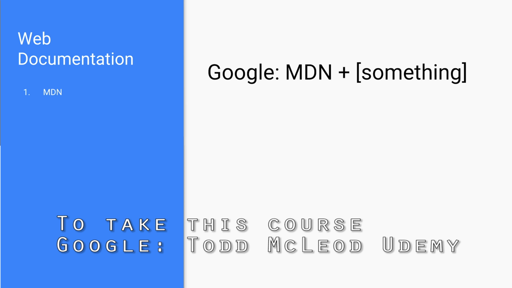Mozilla Developer Network. So when you're searching for something on the web, often you just go straight to Google and you type MDN and then article, right? Or MDN section or MDN Flexbox. And then you look at what MDN has to say about that HTML or that CSS. So that's the first stop. When I'm looking for documentation, that's how I do it. I Google just like that, MDN and something else.